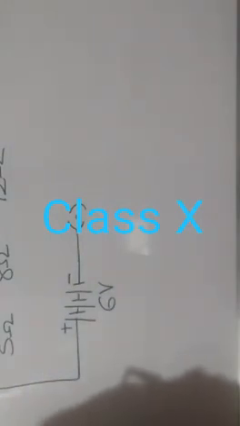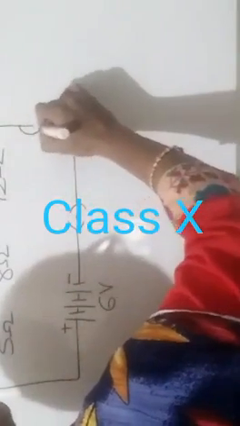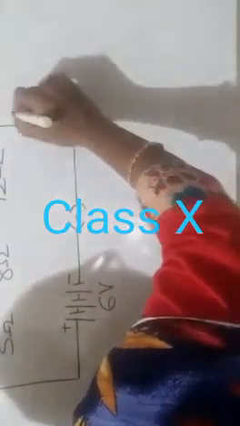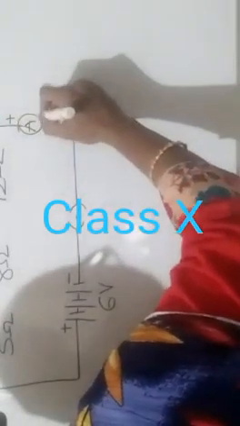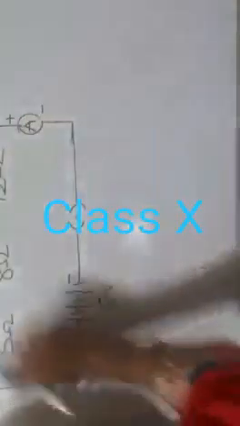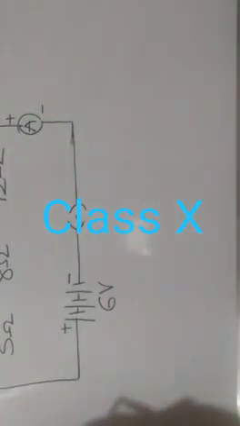Now let me draw an ammeter. Let me include an ammeter in this circuit. So the ammeter can be connected on this side or anywhere you like. I will connect it here, with the positive and negative ends of the ammeter drawn. So you can draw it here or anywhere. You can include an ammeter wherever it is, it will show the same reading. So this is how I have drawn it.